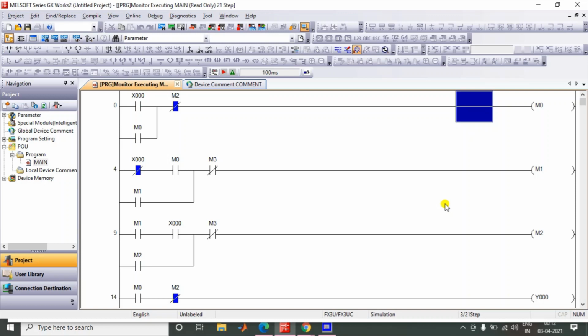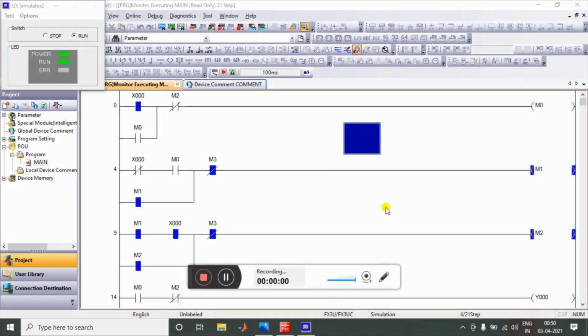So my basic motto in creating this video is to tell you about the actual steps. Hopefully you will like the basic concept. That logic is not that long, but whatever you are creating, just try to do it in this way. For sure you will be able to create every kind of logic, and that's the basic concept.